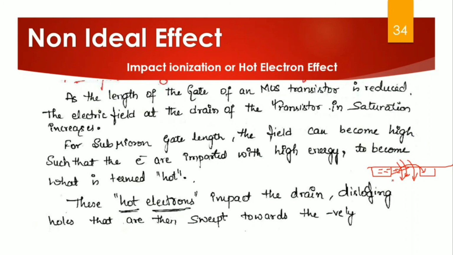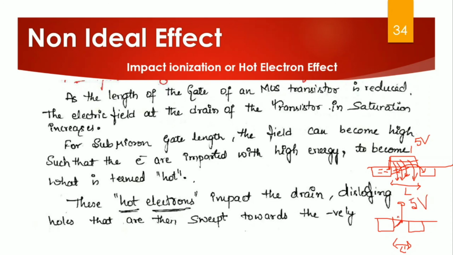If I reduce the channel length because I want to increase the density of transistors, that means I want to shrink the transistor. If I am shrinking the transistor, the electric field increases if you give the same potential. For example, here I am applying a voltage of 5 volts. Now look at this, you have L here, a channel which is larger. Now I am taking L dash. This channel is narrow compared to the first one. Even here I apply 5 volts at the gate.